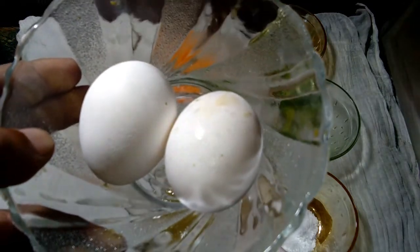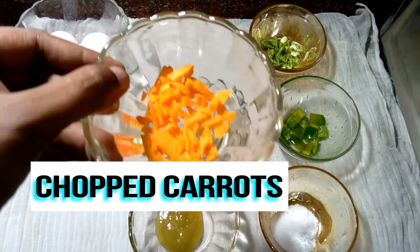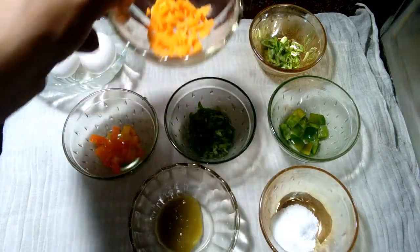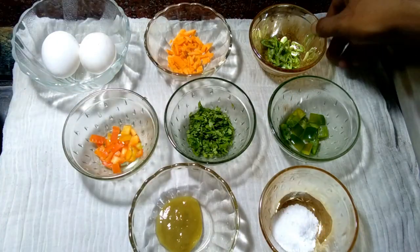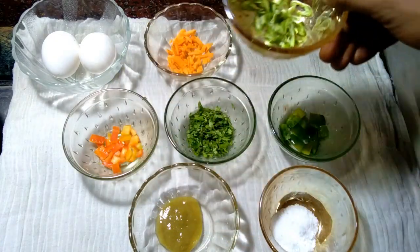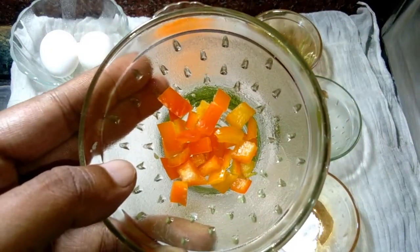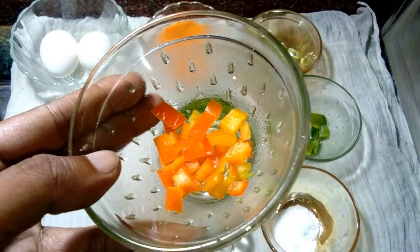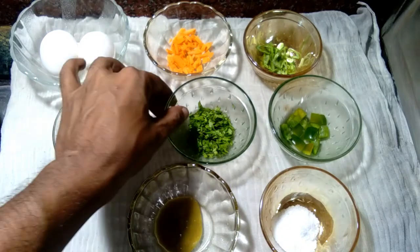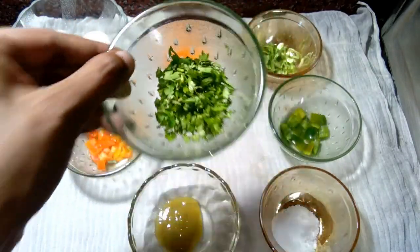Two eggs, then chopped carrot, then chopped beans, then yellow bell pepper, then chopped parsley,